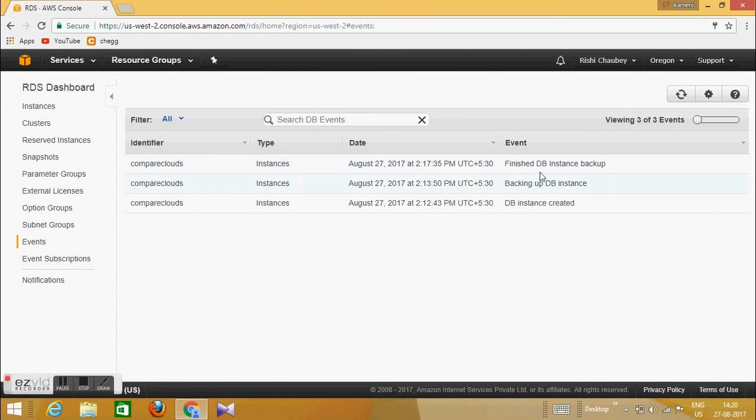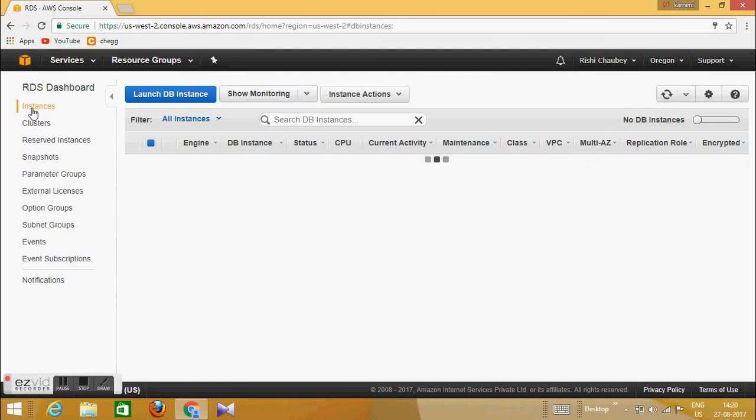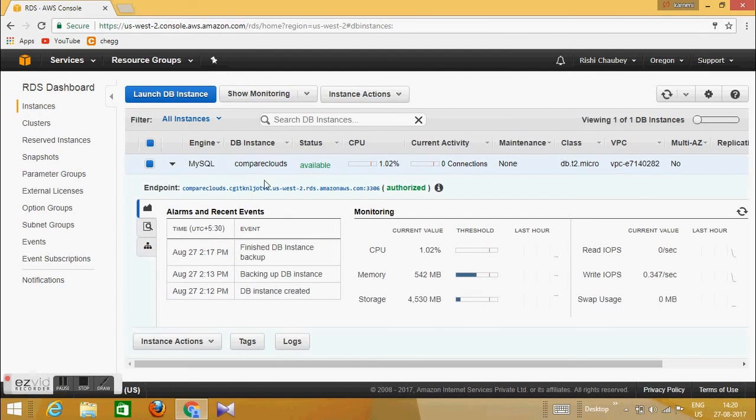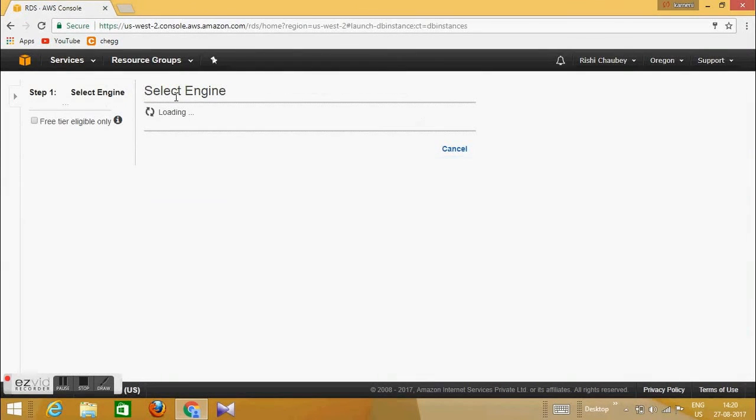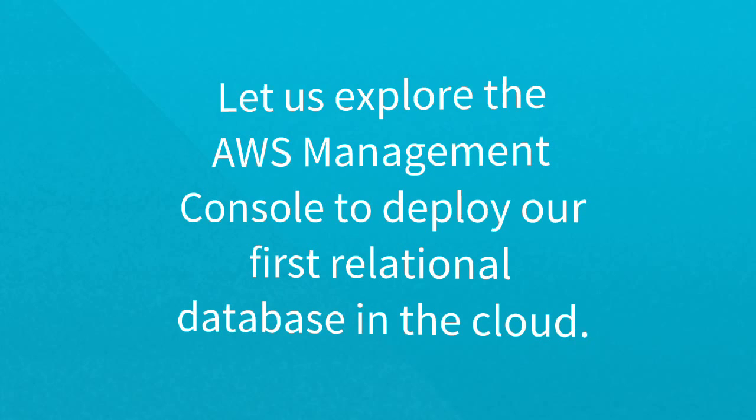Then these are the events that had happened. For example, backup of our DB instance is created, and basically now our DB instance is in available state. In the next video, we will see how to connect to this DB instance remotely, and can even further launch another DB instance.